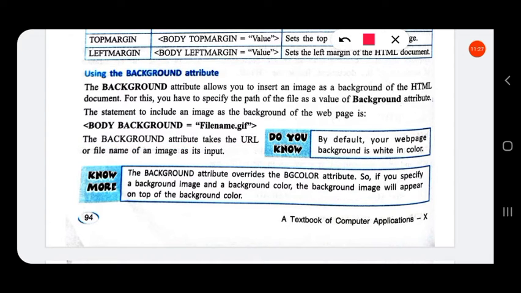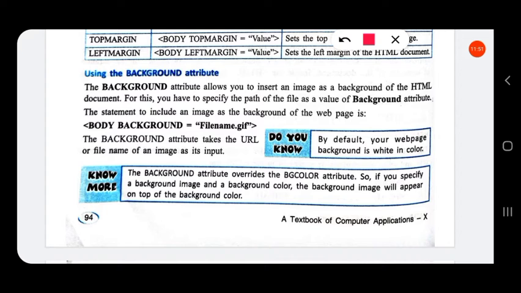By default, your web page background is white in color. The background attribute overrides the BG color attribute. That is, if we specify a background color and a background image, then the background color will be overridden and only the background image will be shown.